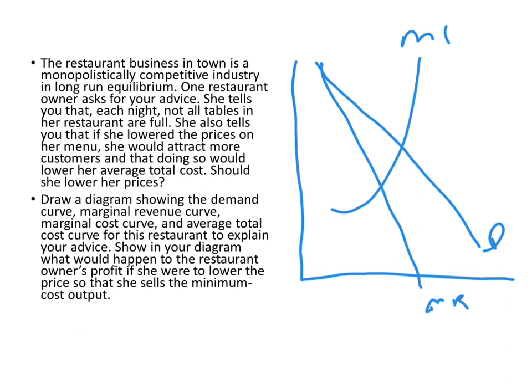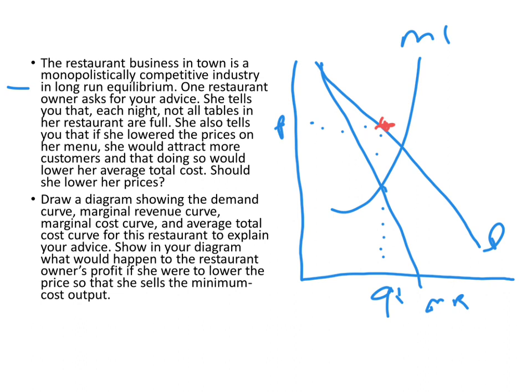So this is monopolistic competition. We know that this is a firm that's in long run equilibrium. So she's profit maximizing. She's producing the number of meals, or seats in her restaurant, where her quantity is profit maximized. She's pricing at the demand curve. Okay, so here's her price. We also know that because ATC is going to be breaking even, she's going to be breaking even. I'm just making a tangent point. That's not going to be minimum ATC.